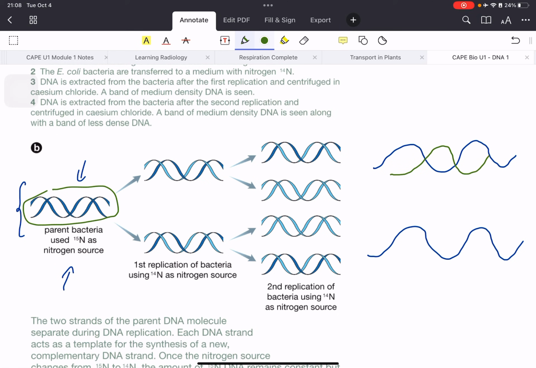So when you split them apart, yes, each strand is going to keep part of the N15, but now the new strands have to use the N14 as the new source, right? So each of them, after the first replication in the N14, is going to have part of that N14 with them forever. But you still end up with some of the N15 one, right? And that's what we mean by semi-conservative. So there will always be a part of the original